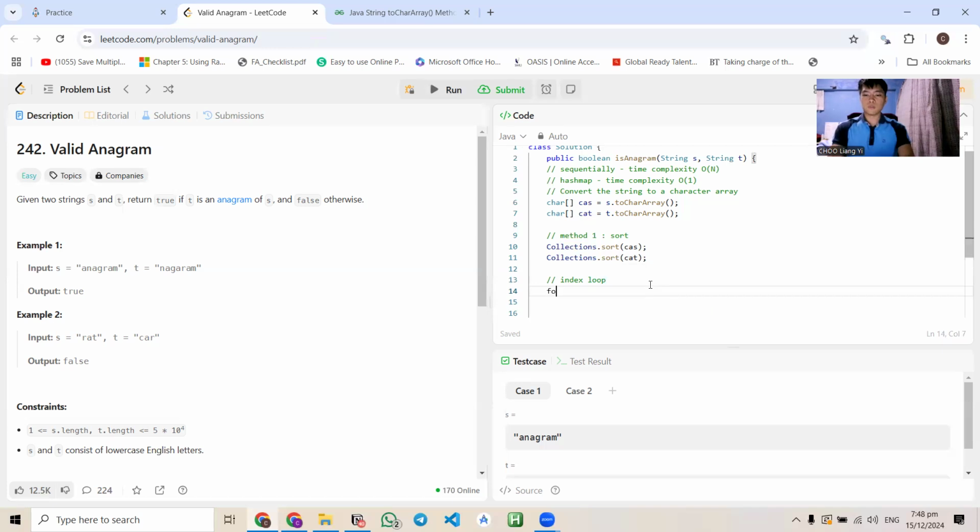The index loop is about the same as the enhanced for loop from the previous question. First things first, you need to give the data type of the variable. So for int, then this is the variable name. It can be anything, it can be I, it can be J, whatever. I'll just put J. What number does this variable want to start at? You declare it as type int, you start at 0, and then where do you want the for loop to end? J less than